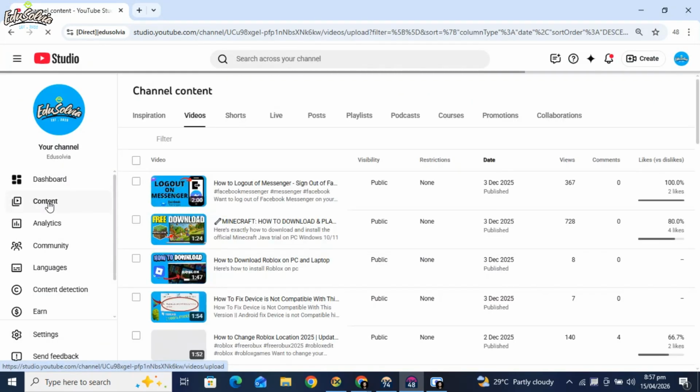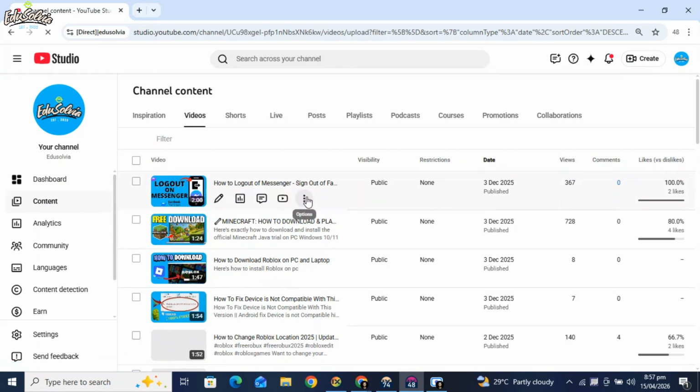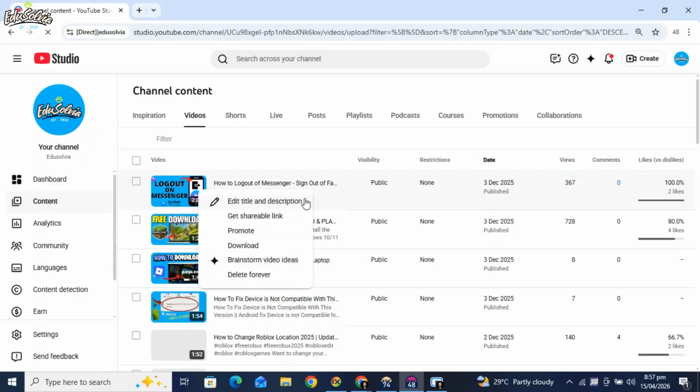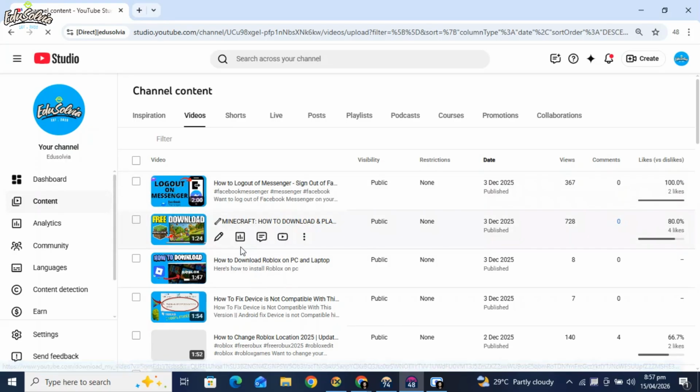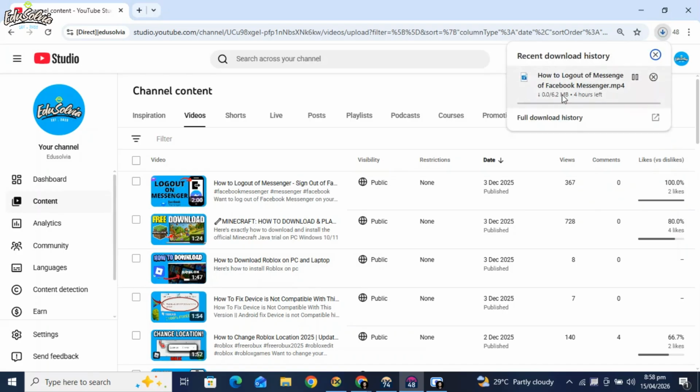Then, choose the video you want to download. In this case, it's the top video. Hover your mouse over the video, and you'll see 3 dots labeled Options. Click that, then select Download. Your download should begin shortly. If I check the top right corner of my browser, you can see the video is now downloading to my